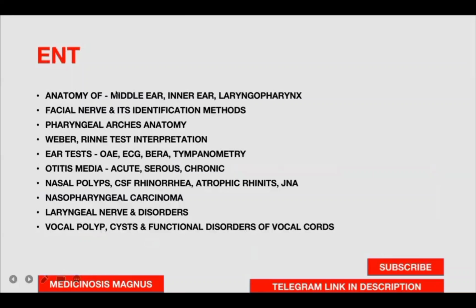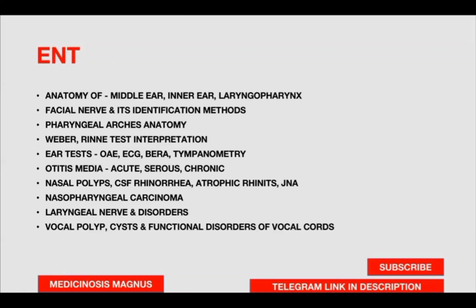ENT, it is important to know the anatomy of middle ear, and inner ear as well. Then laryngopharynx. So basically in anatomy, these are the very, very important topics in ENT. So facial nerve and its identification methods is very important. Make sure you should know about the facial nerve completely. Pharyngeal arches anatomy, Weber's and Rinne test interpretation, and different types of ear test, otoacoustic emission test, and electrocochleography, that